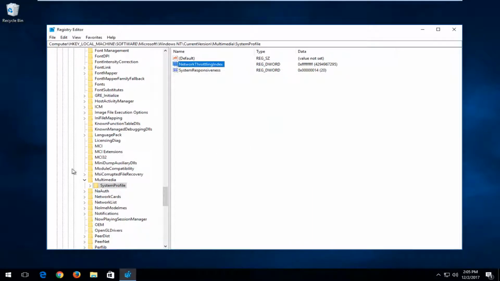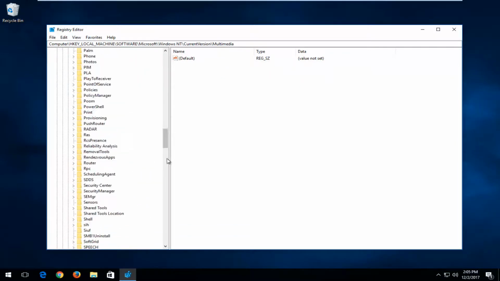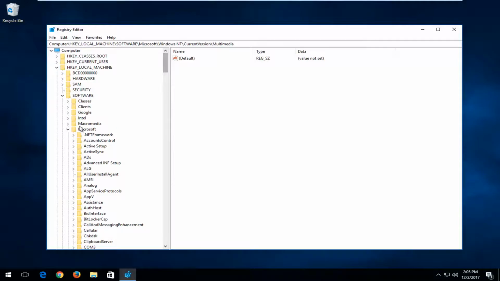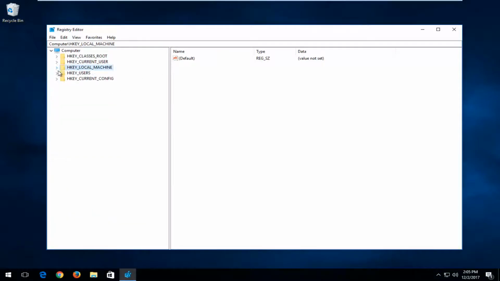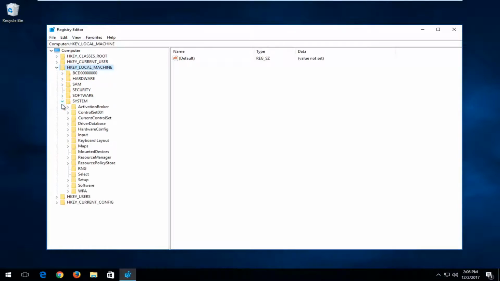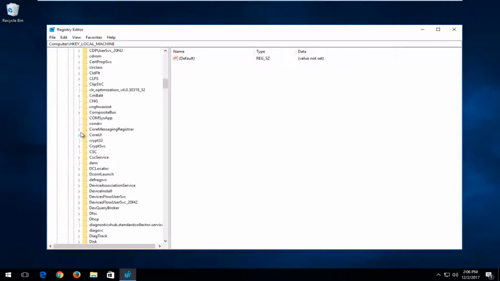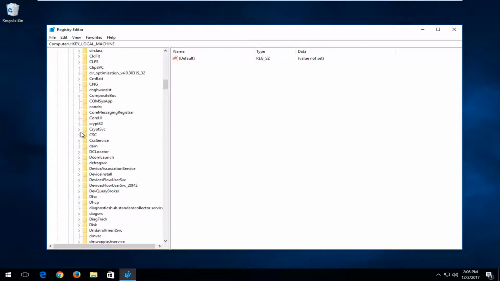Now that you've done that, we're going to back out of our folders on the left side here. So I'm just going to collapse them, and I'm going to just go back up here. And now you want to go underneath HKEY_LOCAL_MACHINE again. This time, go down to System. Now expand the CurrentControlSet. I am just clicking a little arrow on the side, but you can double click on the folder as well. You want to go down to get to Tcpip